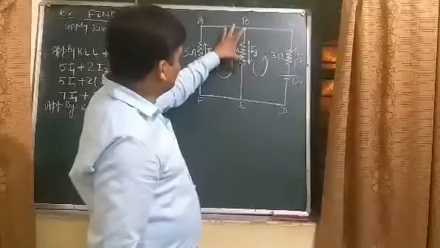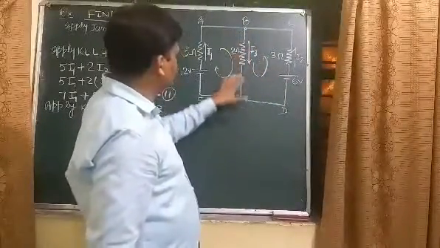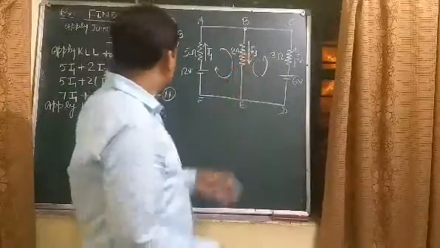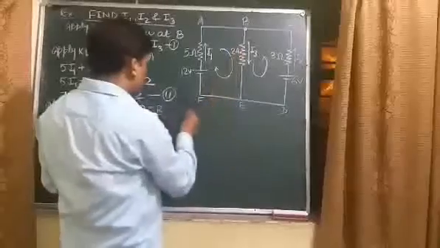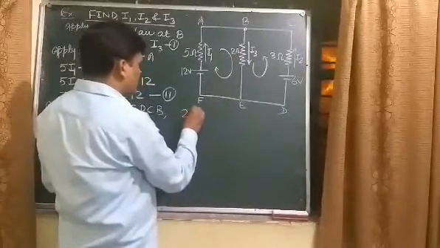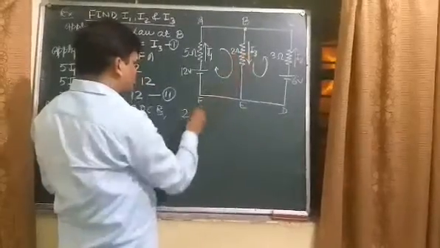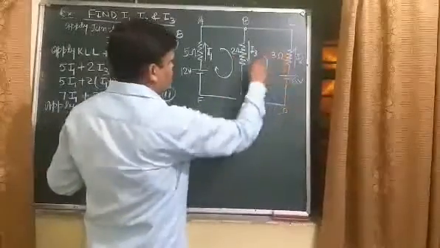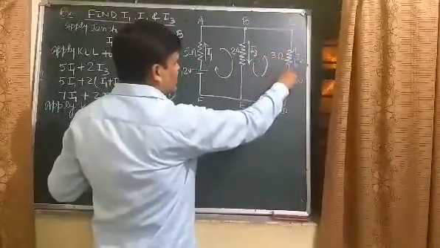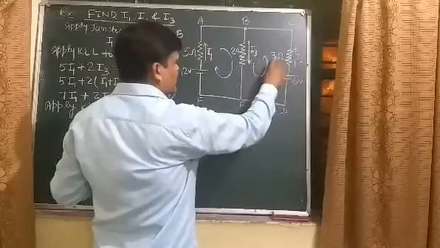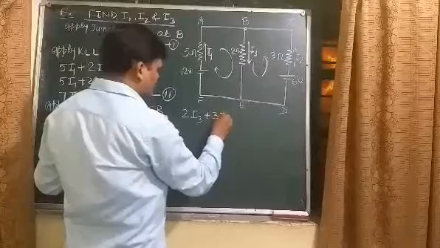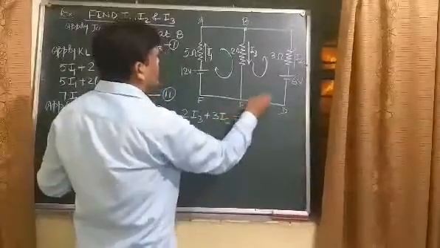So the direction is the same, current is the same. So the product of resistance and current is positive. So here 2 I3 plus, direction of the traversal and direction of the current being the same, the product of current and resistance is positive 3 I2, which is equal to